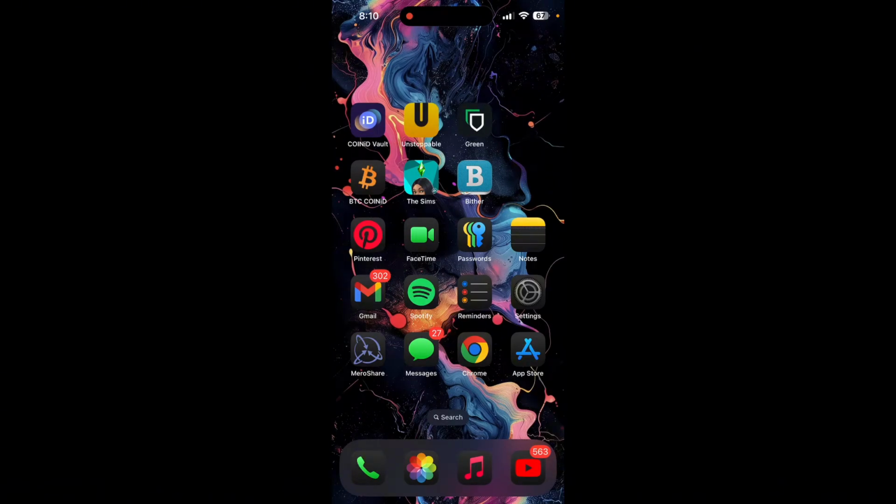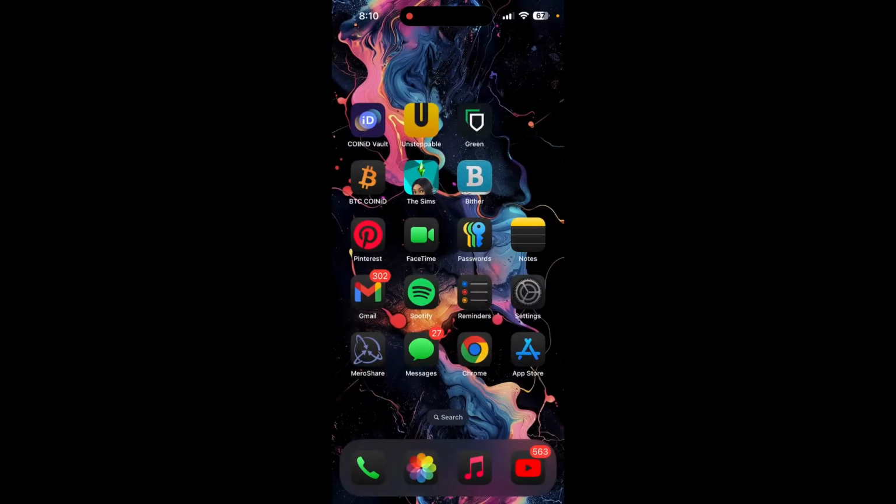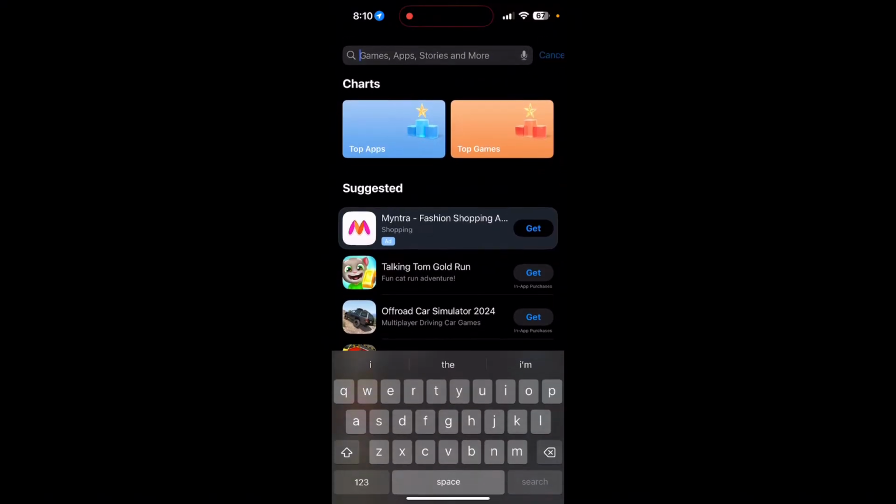In this video, we are going to learn how to download Bitpay wallet application on your device. First of all, make sure that you are connected to your internet. After that, find and open App Store or Play Store from your device. Now, at the search bar, type in Bitpay